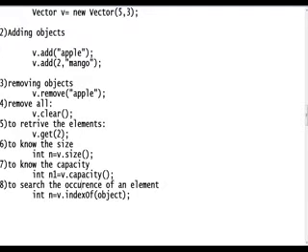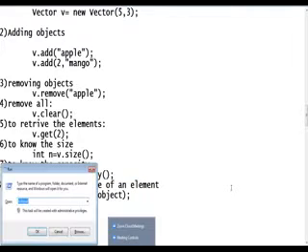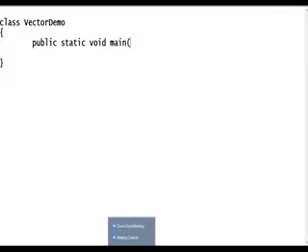I want to take the vector class. Now I want to check it. Class VectorDemo. Public static void main, String args. Create a VectorDemo, guys.